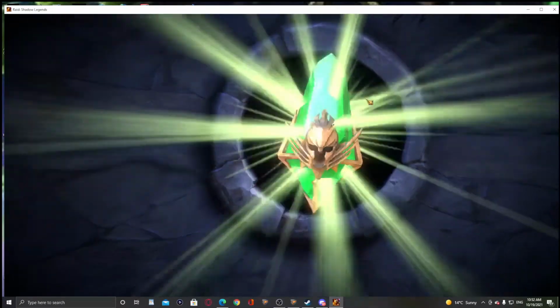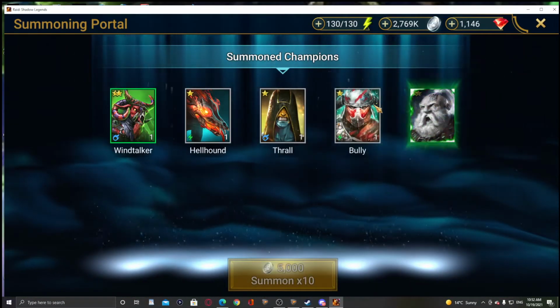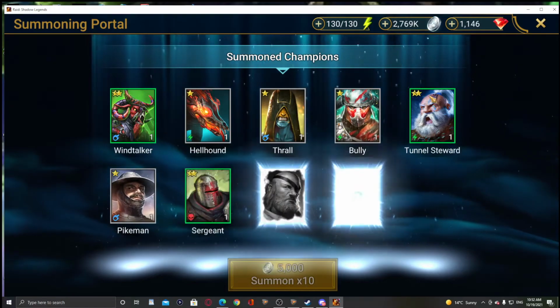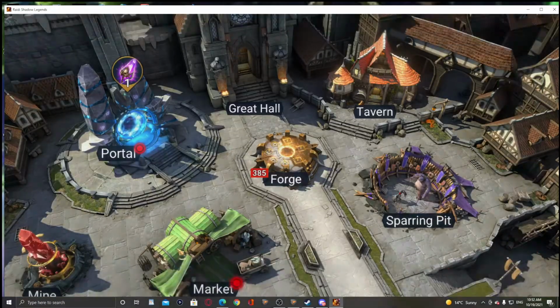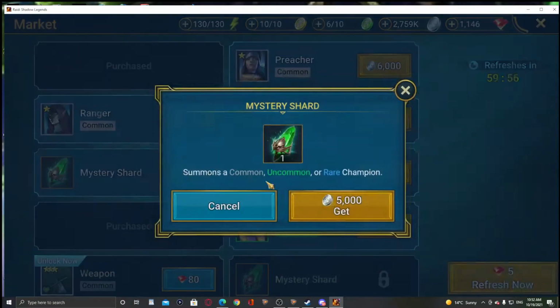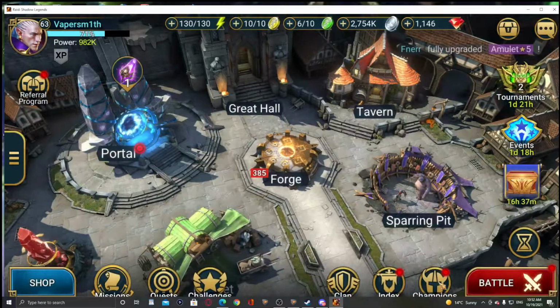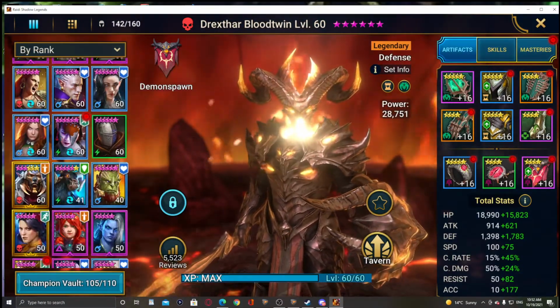It's time for some more Raid Shadow Legends. We're going to be summoning a 10 pull and seeing what we get out of this 10 pull. Not too much. Now, the next thing we have to ask ourselves is,